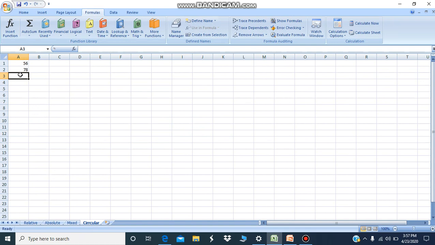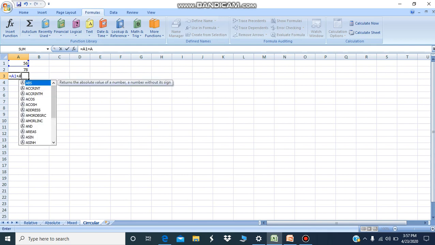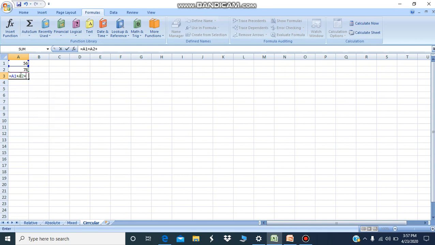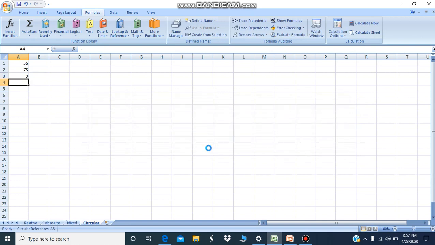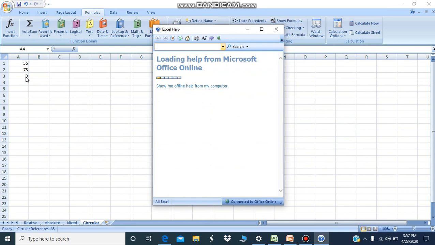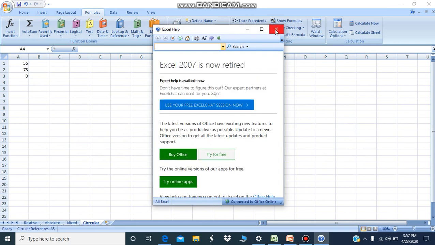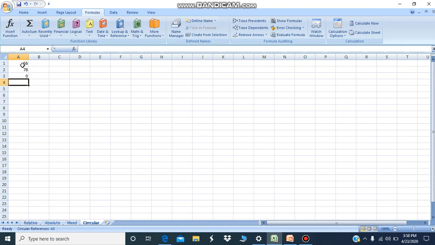In cell A3, when I enter the formula A1 addition operator A2 addition operator A3, you can see that the formula has referred to its own value, and by pressing enter you can see a circular reference warning notification appeared. By clicking OK, you can see the value of 0 is published in your cell in row number 3, that is A3.